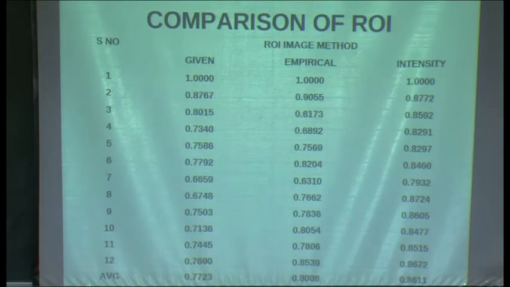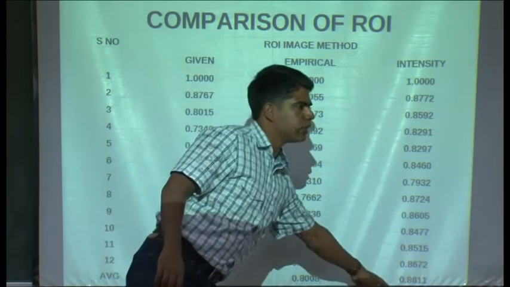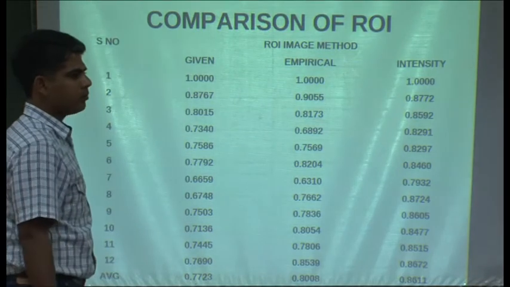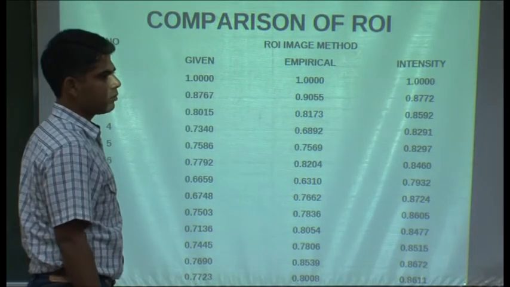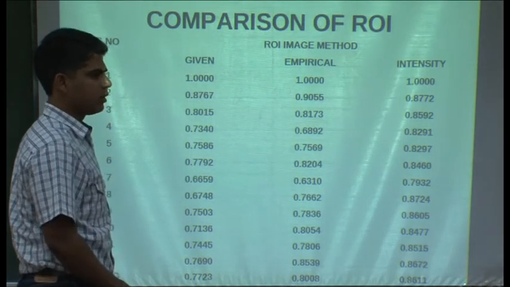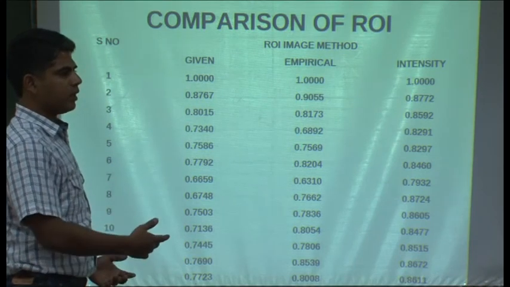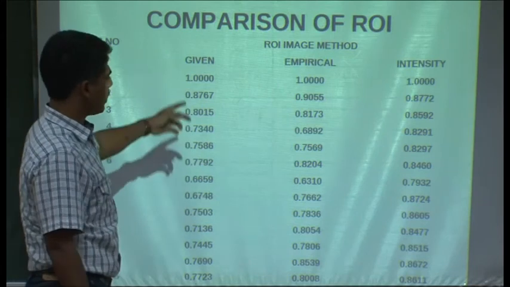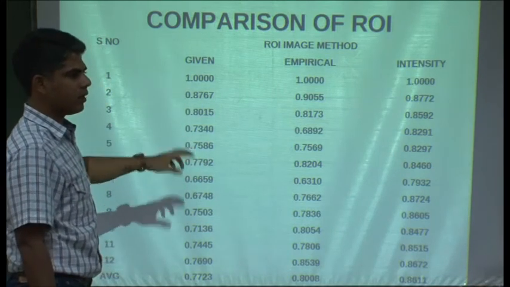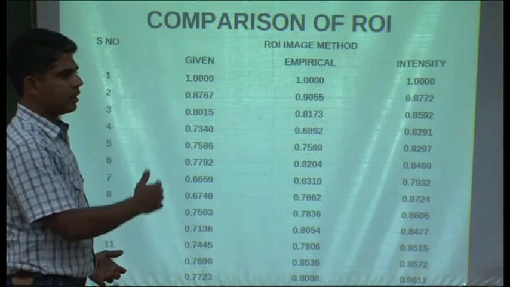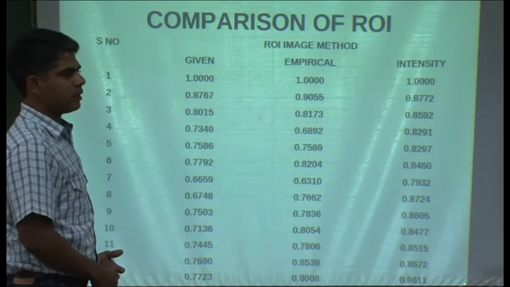Again it is coming out that the intensity method is better. Most of the time you have only matched the first image with the second, then first and third, then first and fourth, and then first and fifth. In all cases I took the first image as the template. I could randomly choose any one. Even this score might improve if I had taken the best image among them as the template, but I had not done that. I fixed the first image as the template and compared it with the other images.